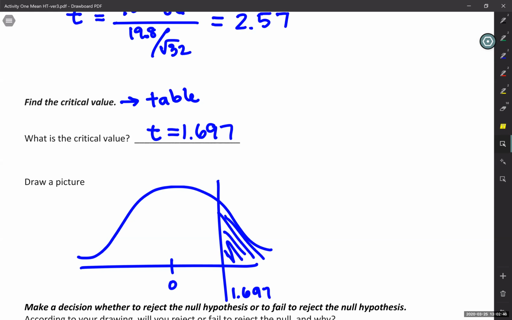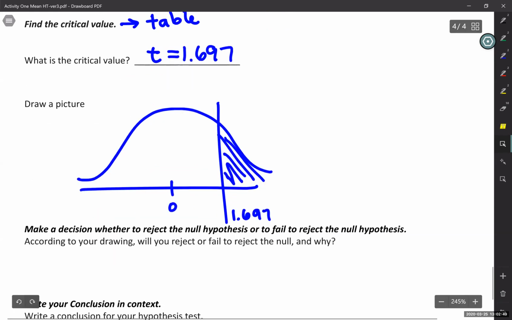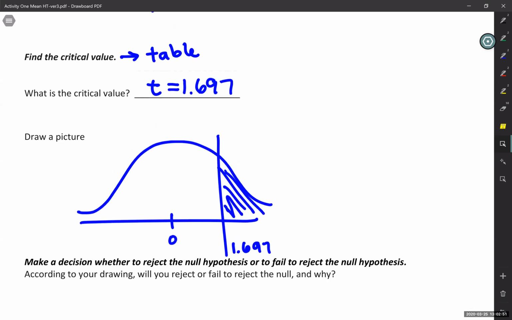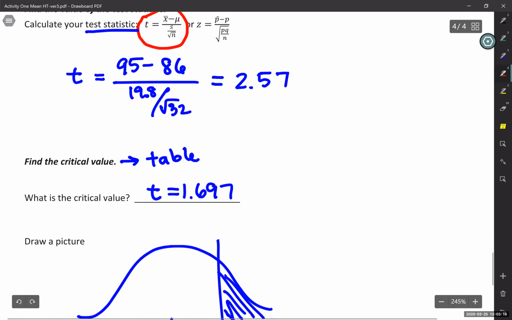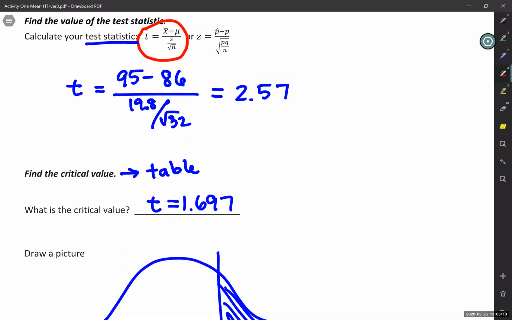Okay, so this is what we're going to do now. We're going to put all this together to make a decision whether we're going to reject or fail to reject the null hypothesis. So I haven't finished my picture, but I have my critical value. The line right here that I drew straight up and down, that is always the critical value. That's always going to be that line, that number from the table. And what I want to do is place my test statistic, 2.59,